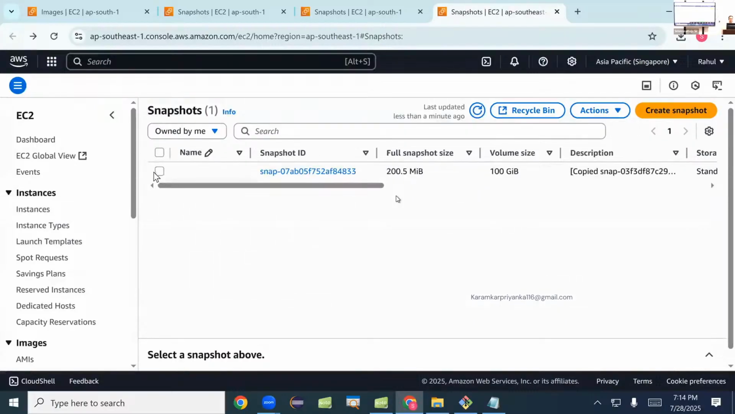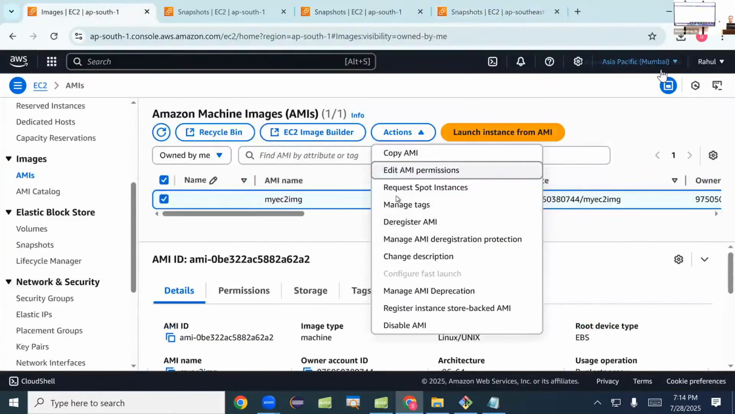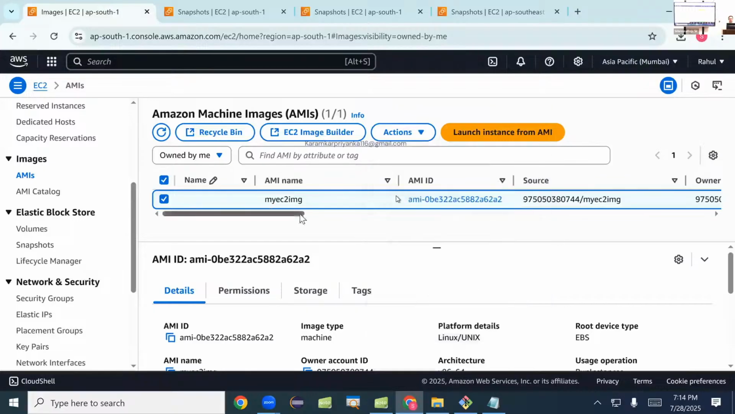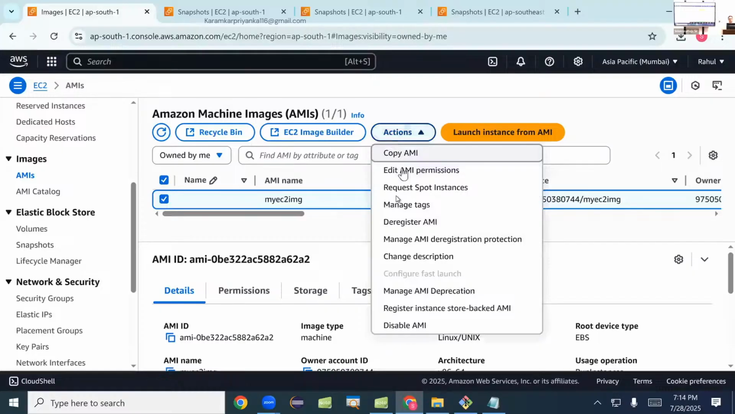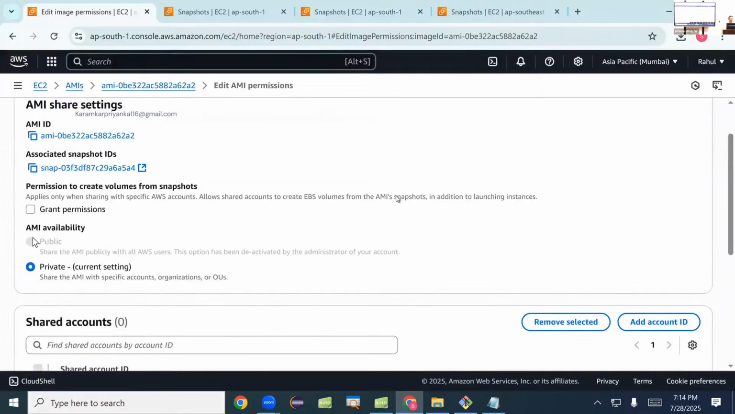See, right now I'm in the snapshot. Go to the action. Snapshot settings are there, right? But if I am in my own Mumbai region, now my image is already ready, right? Okay, go to the action. Even if you go, there is deregister, disable AMI, copy AMI. Again, we can copy the AMI from one region to another region, right? Even you can change the permission, edit AMI permissions. Right now it is private. But if you want to go for public,